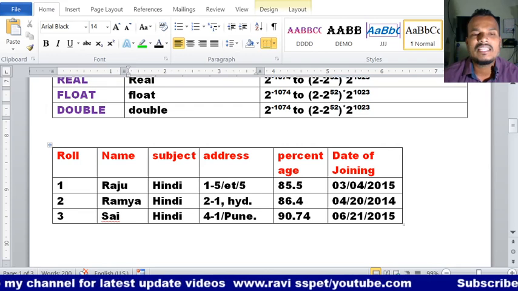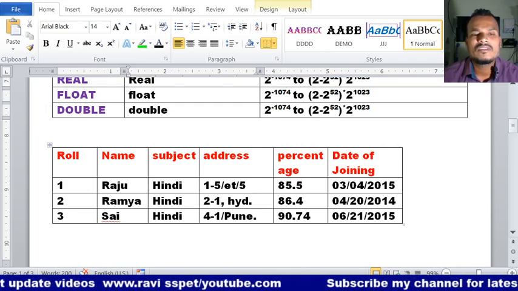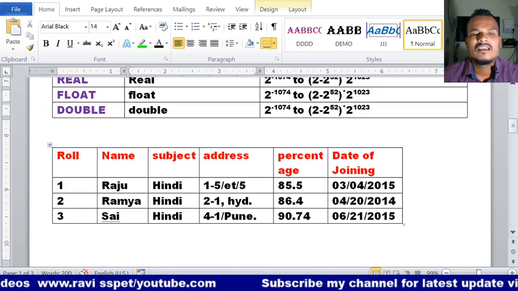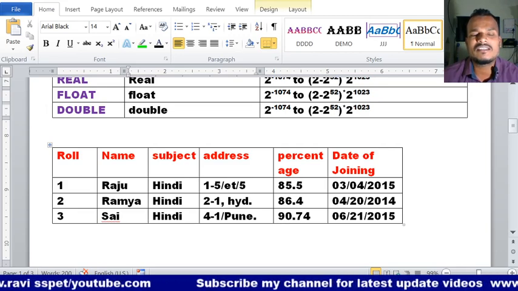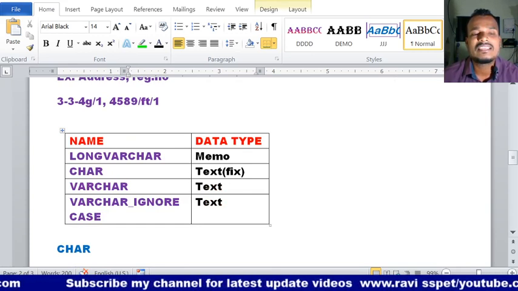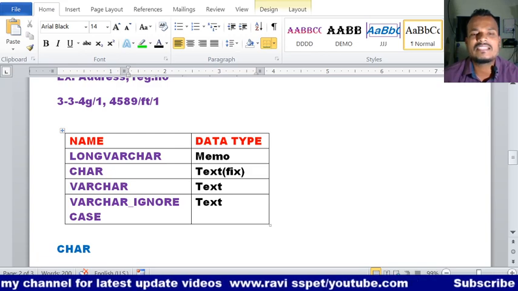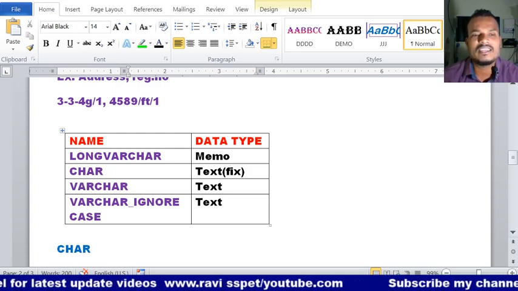For Hindi, for any student, the length is 5 characters only. That means this is a fixed one. So at that time we have to use the char data type. Text and fixed.